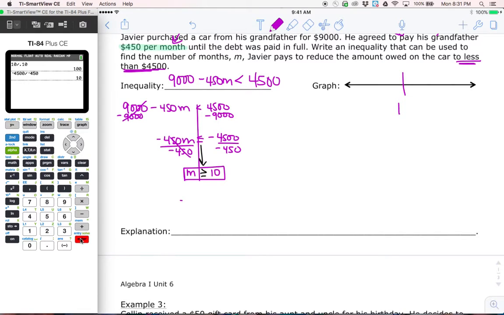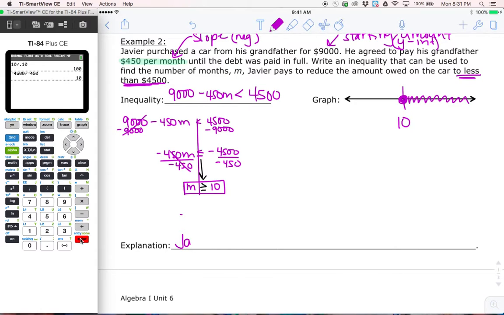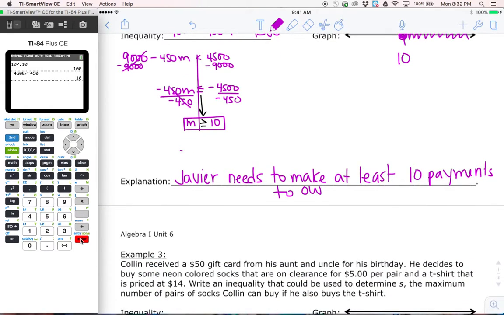My graph looks like this. I've got a shaded in circle here, and greater than is to the right. So that's my explanation. Javier needs to make at least 10 payments, right? Because at least means 10 or more to owe less than